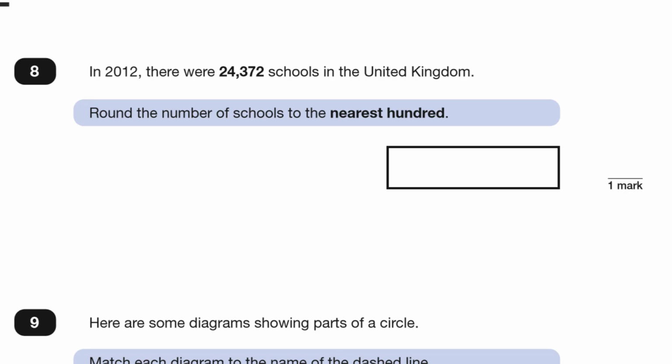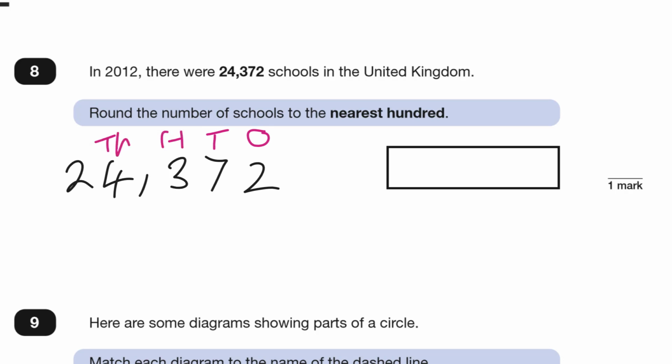Question 8. In 2012, there were 24,372 schools in the United Kingdom. Round the number of schools to the nearest 100. When we are rounding, we are told what we're rounding it to. What I would do is write out my number, label the values, so ones, tens, hundreds, thousands, and 10,000s. We're rounding it to the nearest 100, so I would look at my digit that is worth 100,